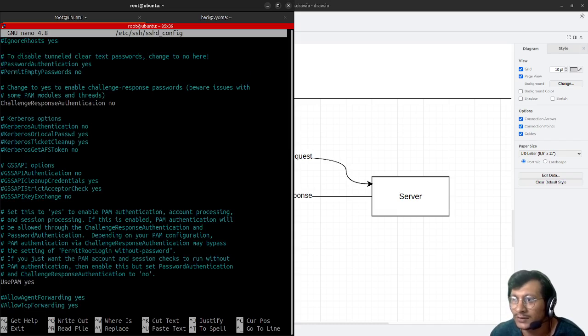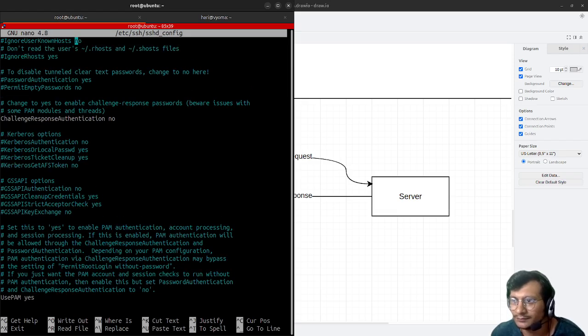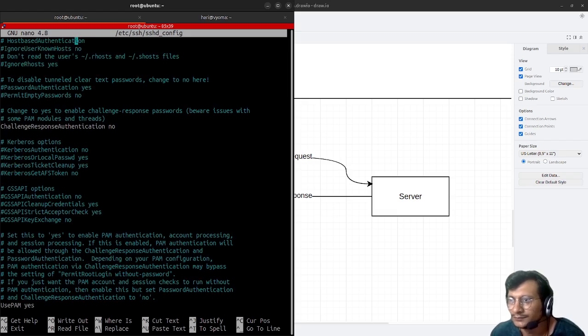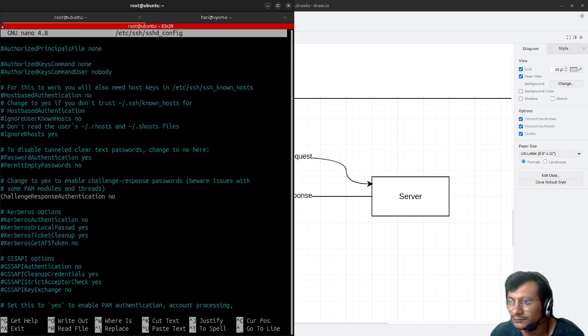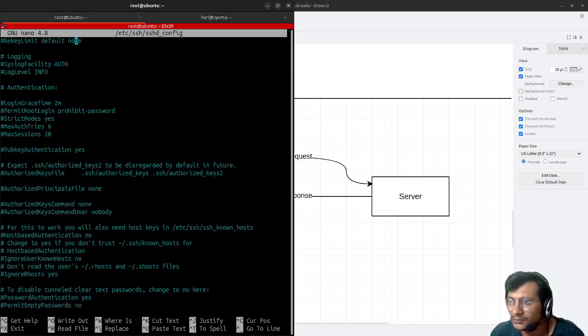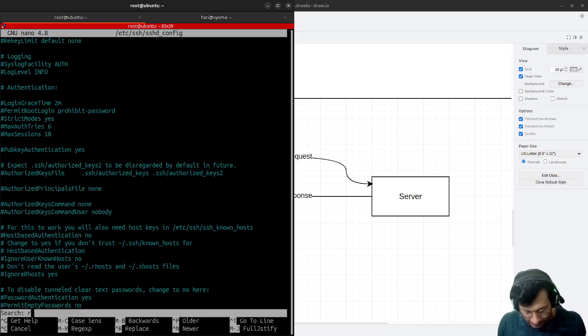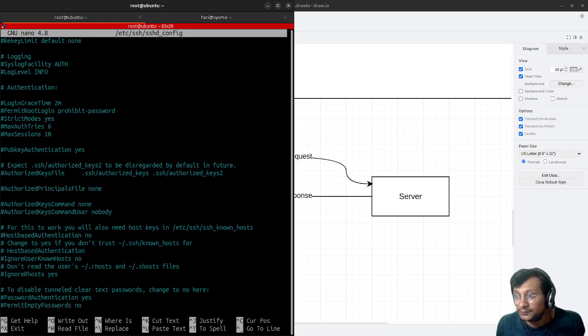Permit empty password authentication. So right now password authentication has been turned yes. Okay. Login as root. Let me just search it. Where is root? Yeah, permit root login. Prohibited password. Password login is not allowed. Okay, but what we can do here is